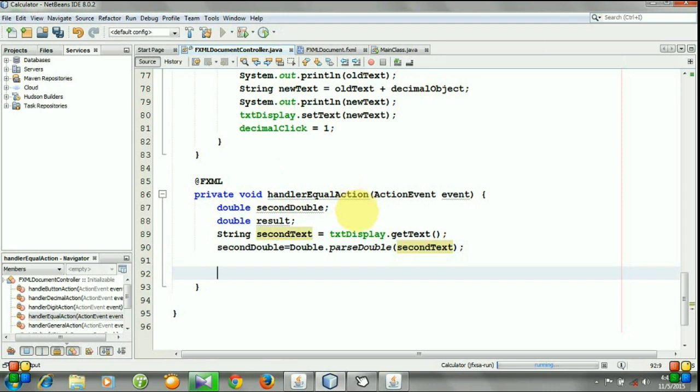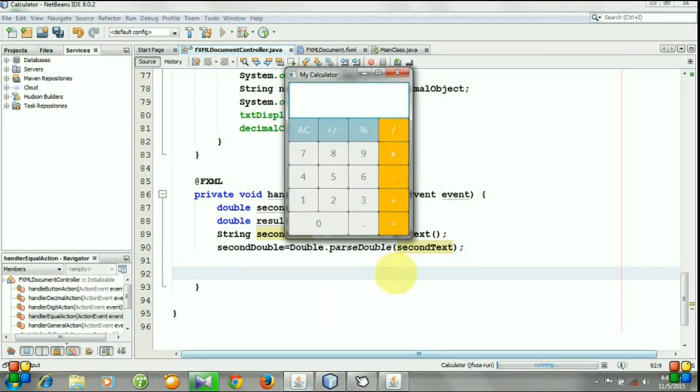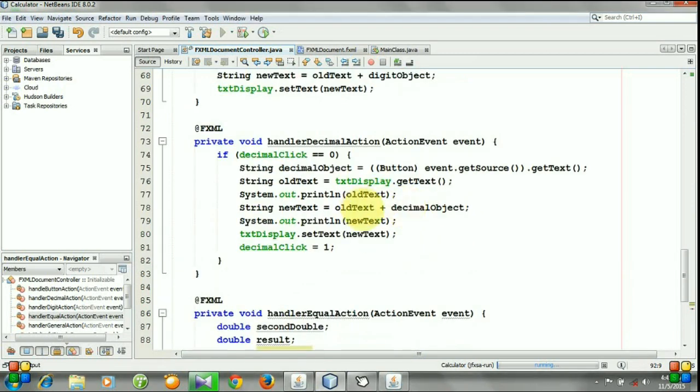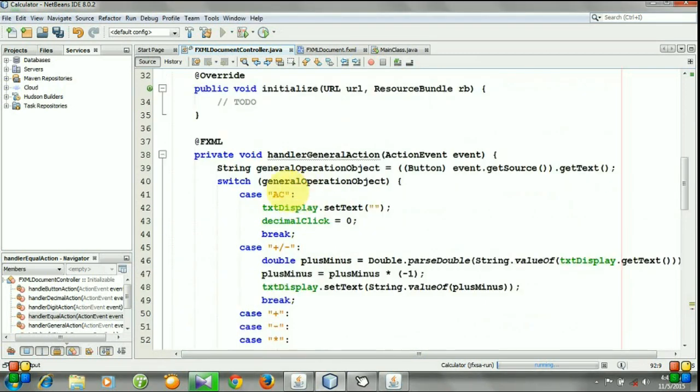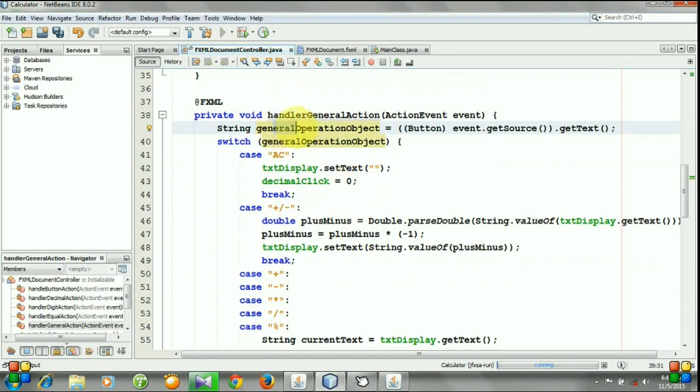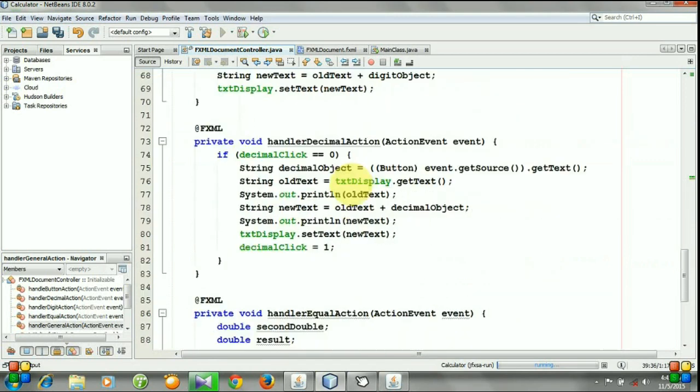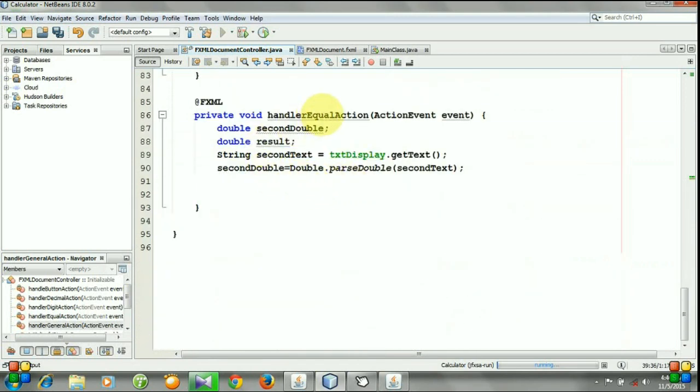And now whenever we click this button, the action will identify which type of operation will be operated on the first and second number, and the type of operation is identified by this general operation object. So we need to access the general operation object after clicking the equal operator.